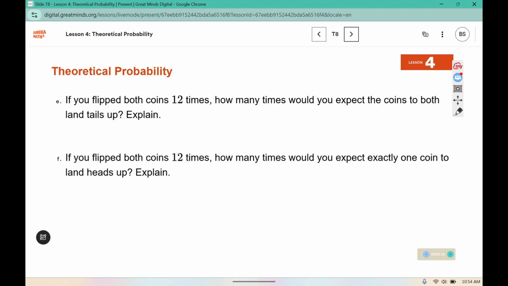If you flipped both coins 12 times, how many times would you expect the coins to both land tails up? Well, tails up happened, T happened 1 out of the 4 times. But if we wanted to do that experiment 12 times, that would mean that 3 of them, because we're creating an equivalent fraction,